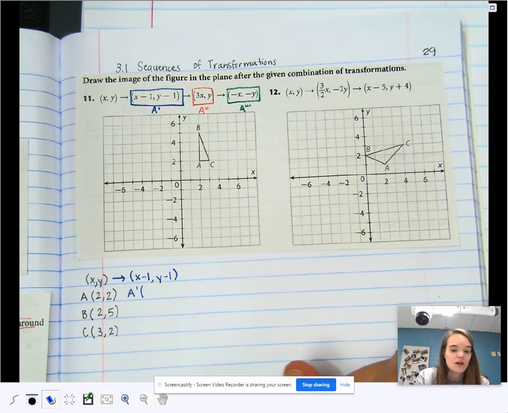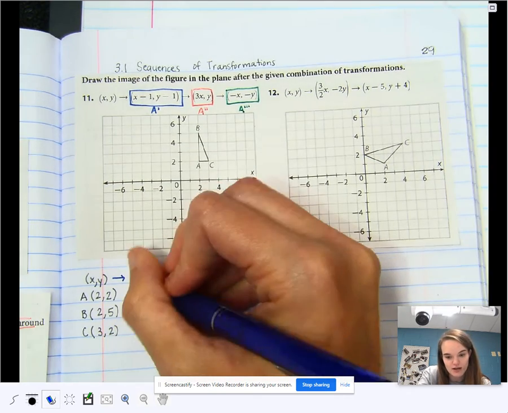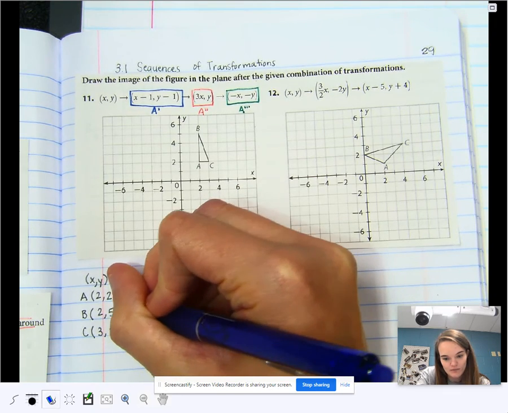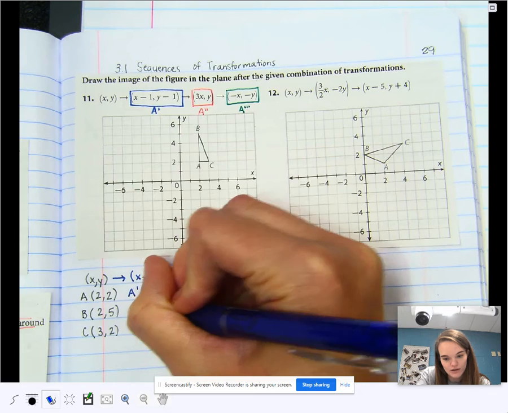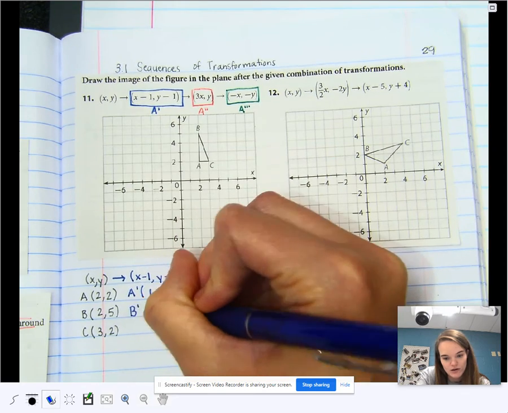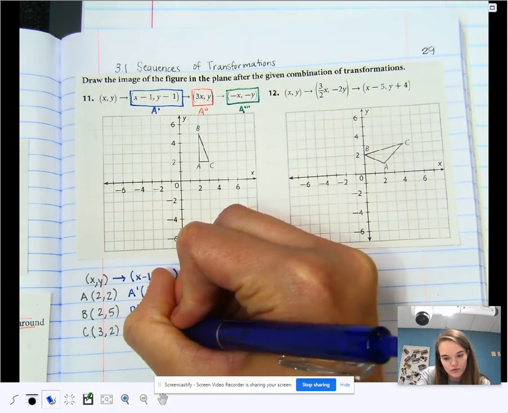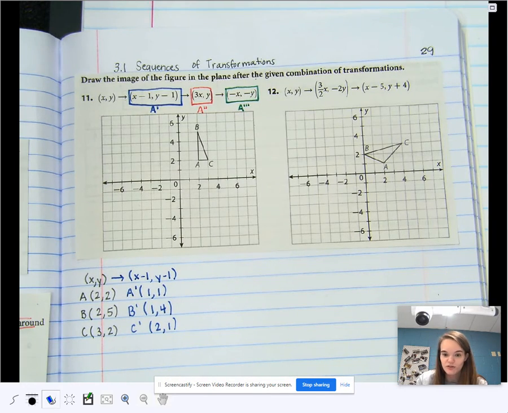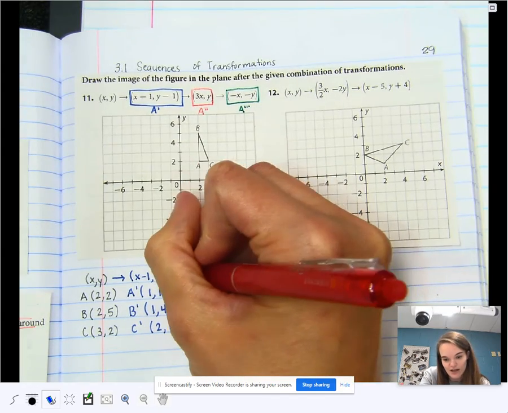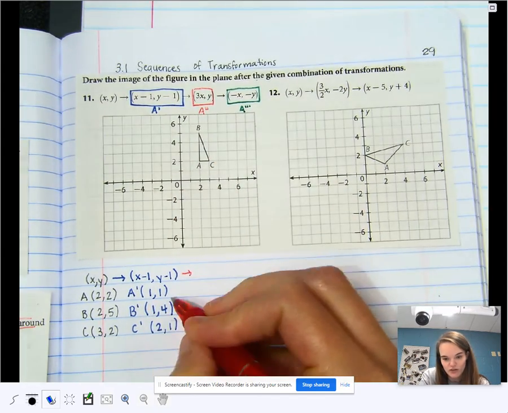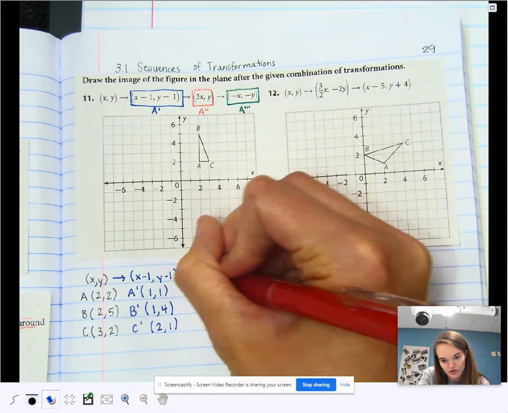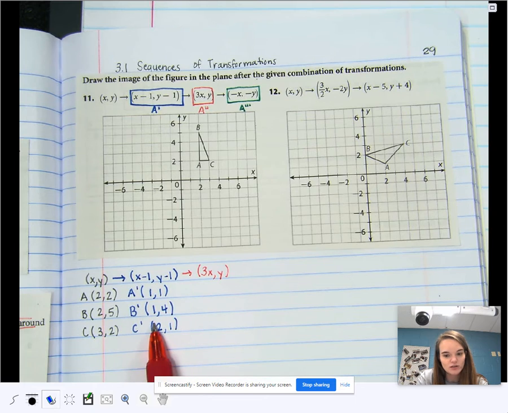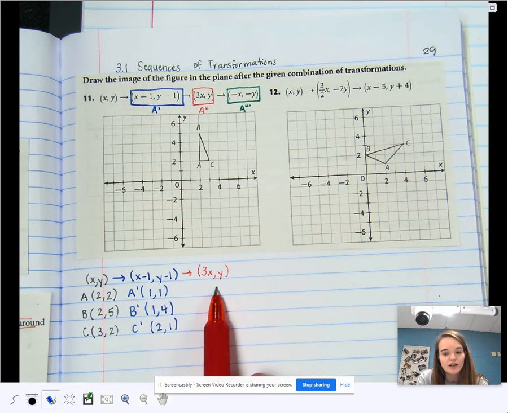Right. A prime is subtract 1 and subtract 1. So it's going to be (1, 1). B prime, (1, 4). C prime, (2, 1). Okay. Sequences of transformations here means I go from these points to the next one. So I'm going to (3x, y). Just to refresh, remember this is a translation, left one, down one. This is a